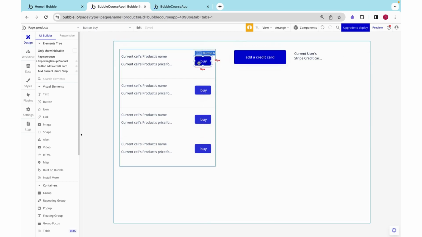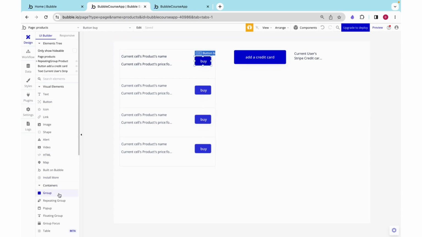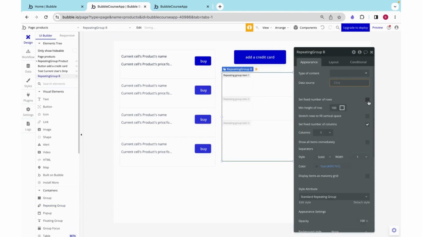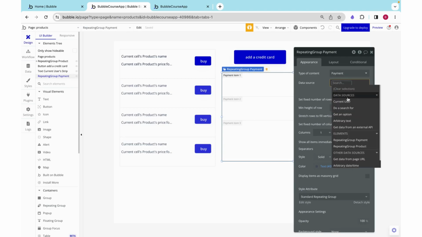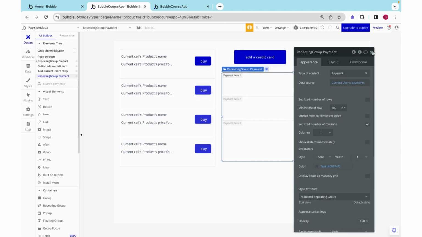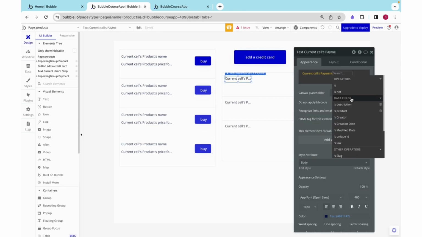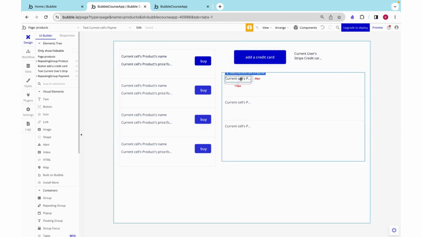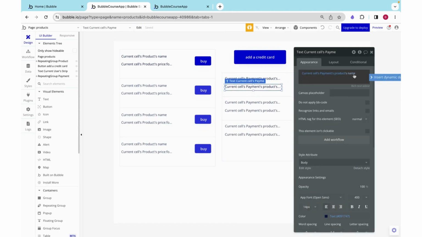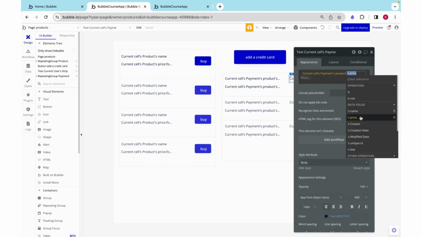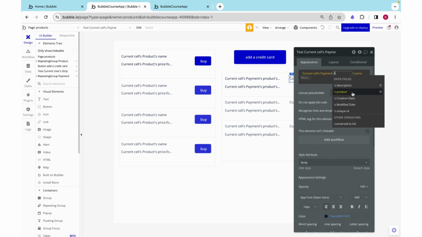So we can assume that when we purchase something, it's added to the user's list of payments, but let's set up a repeating group to display that. This is going to be of type payment with its data source, the current user's payments. Within a cell, I want to see the current cell's payment's product's name. To expand it out a little, the current cell's payment's product's price, the current cell's payment's description,